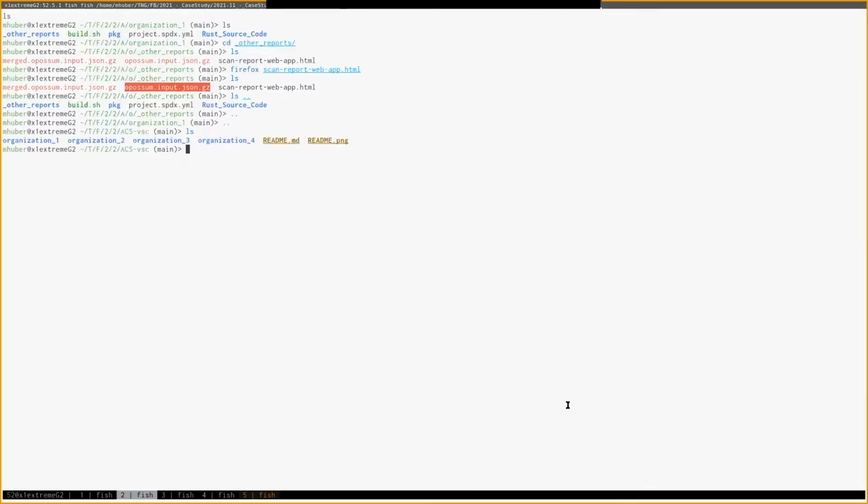And the same is true for organization 2. Organization 2 consists of source code, a script, and a bill of material that describes the result from the build. And if we look into that,